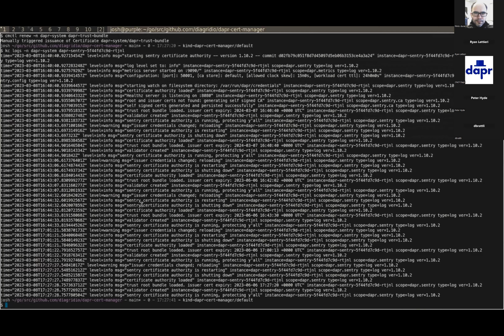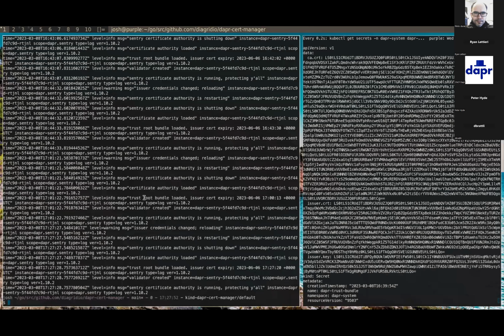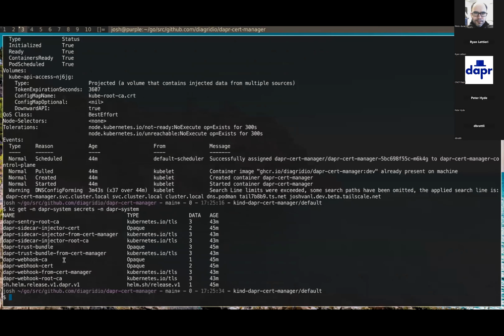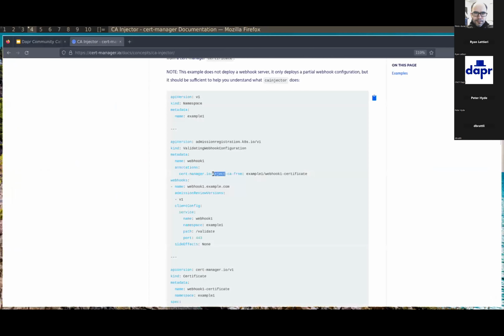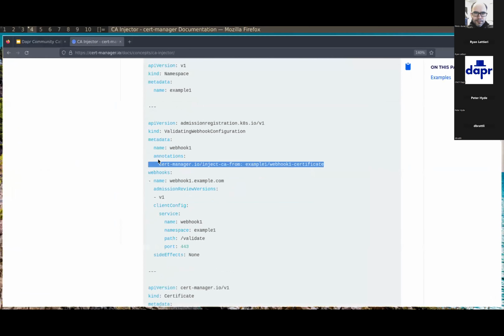I think that's mostly it for the demo. There's not too much else to show. It's got more functionality to pin the root CA, which might be interesting for some people. Another thing which might be interesting for people is to make use of this Cert manager annotation you can put on the validating webhooks. I think for Dapr's case, it's using a mutating webhook. So putting that annotation on and pointing it to the relevant secret would be important to update the CA bundle